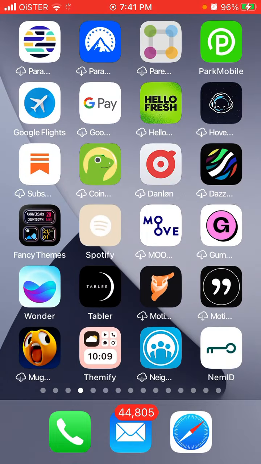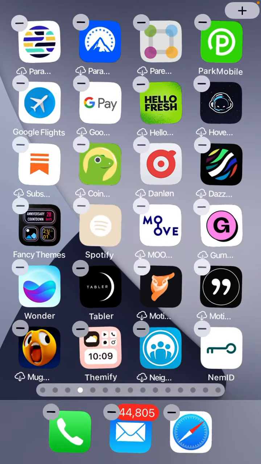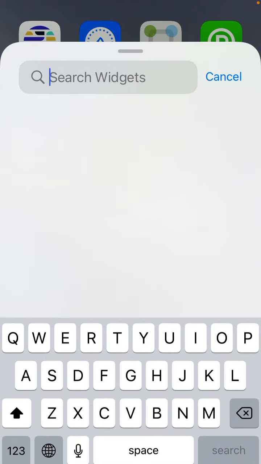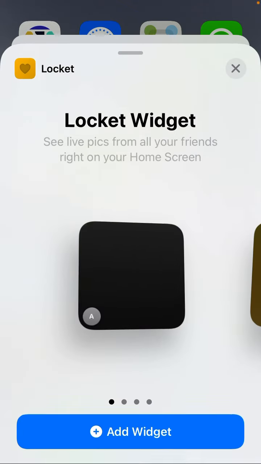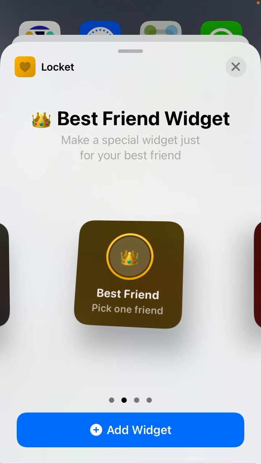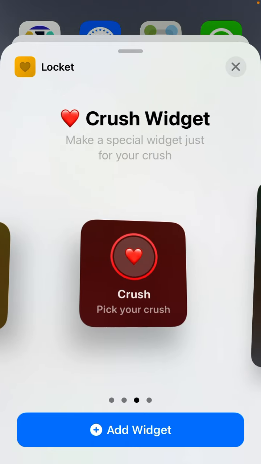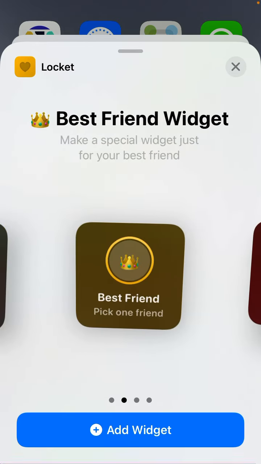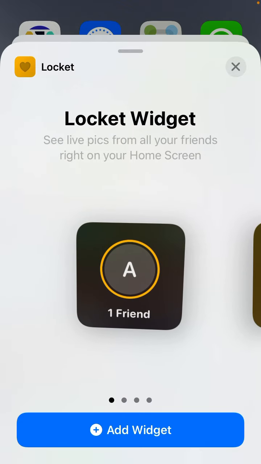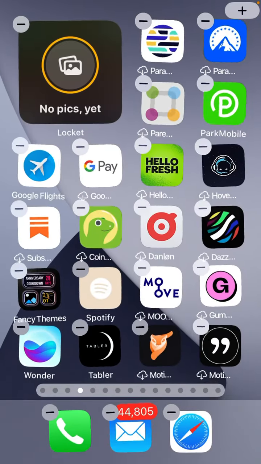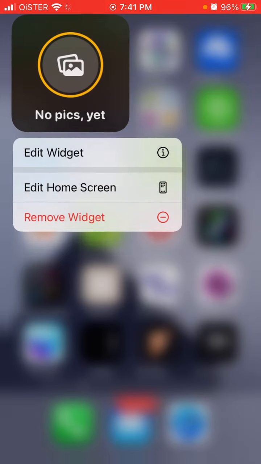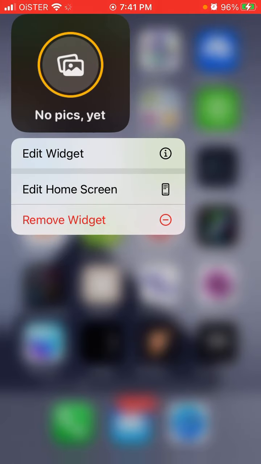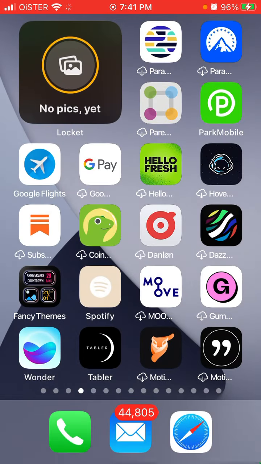And then this widget will just appear here on your home screen. To add a widget, just tap and hold, and then you will see apps jiggling, and then you can just search for a widget like LOCKET. You can see one friend. There is best friend widget, there is crush widget, there is big widget. So these are updates. And then you can just add this widget as I did, and tap on add it,